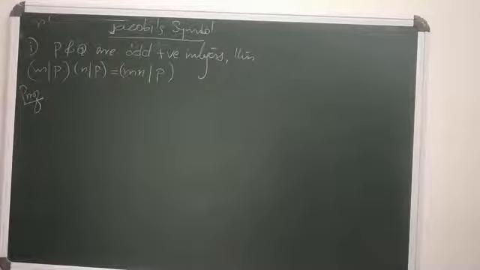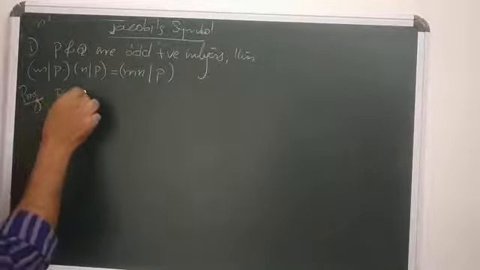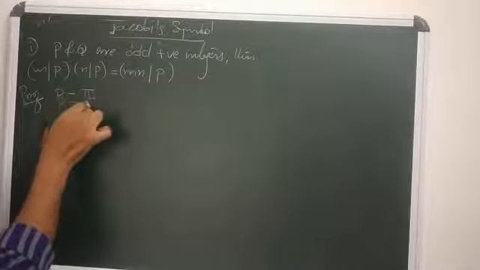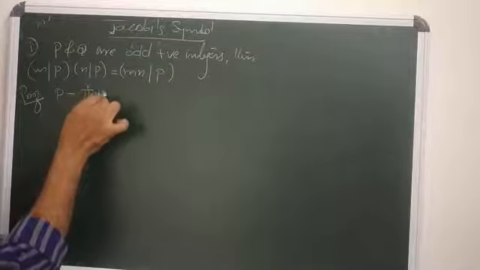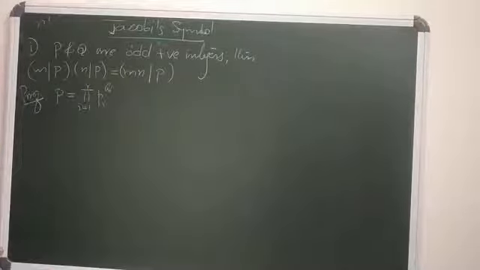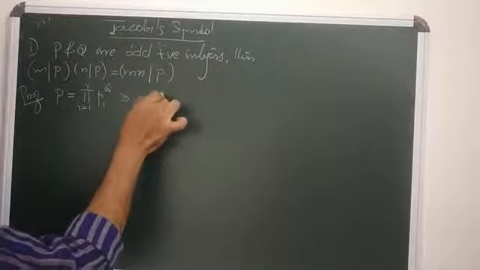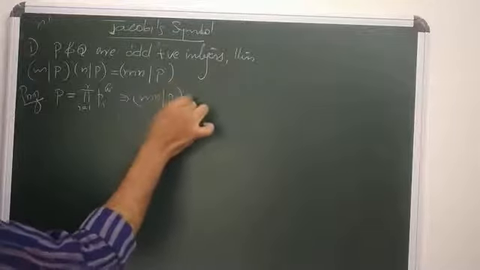We know that p and q are positive odd integers. Suppose p has the prime factorization p equals the product, i ranges from 1 to r, of p_i to the power a_i. Then what about (mn/p)? Therefore (mn/p) equals